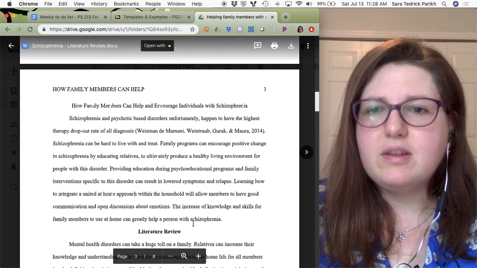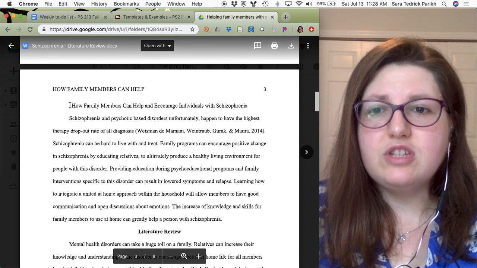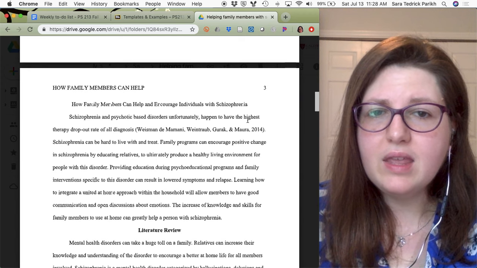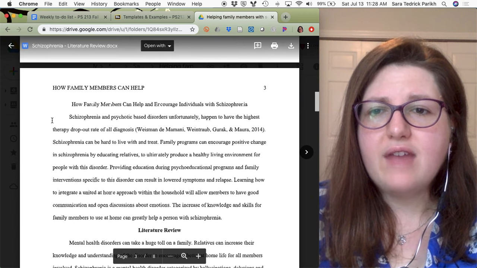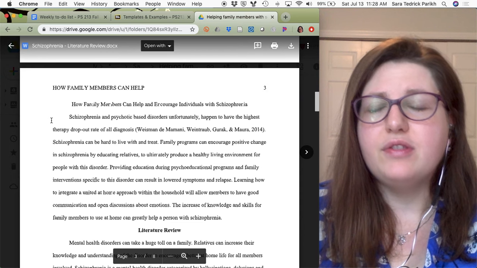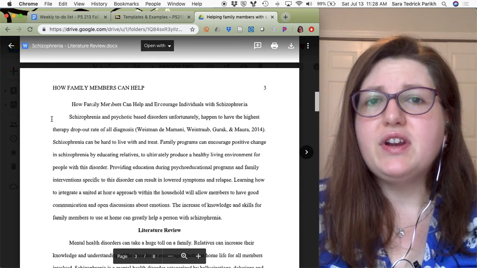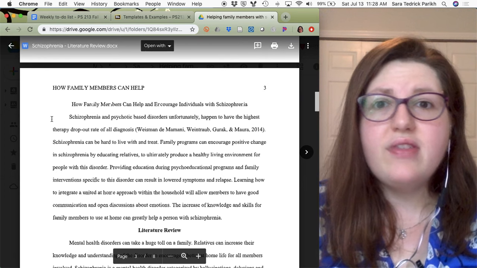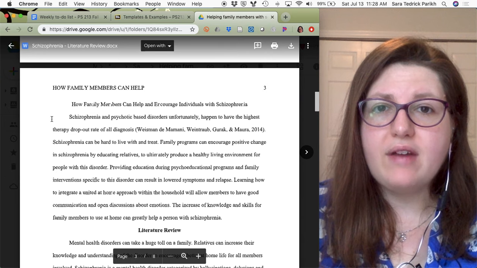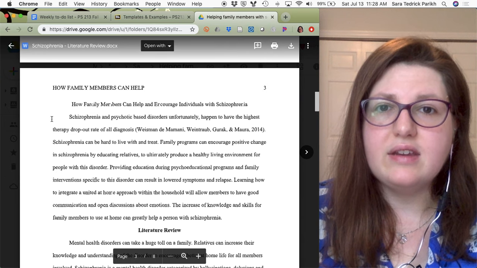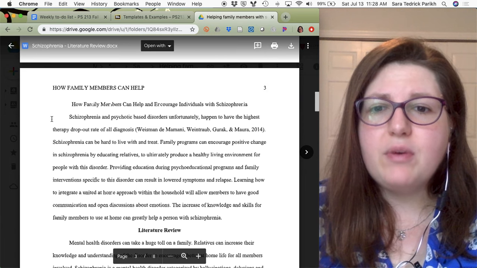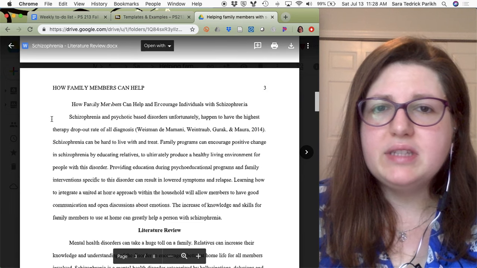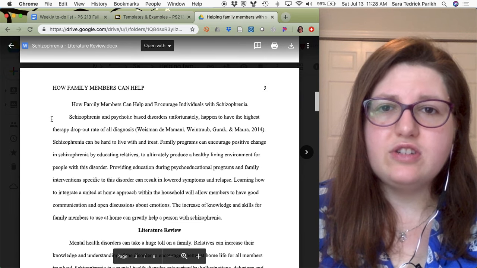Now we get to the main part of the paper. We start with the title. So this should be exactly the same title as you had at the beginning of your paper. And then we have the first paragraph here, what I call the roadmap paragraph. This is a very academic kind of paragraph. So if you're looking at your articles that you find, they probably won't have this sort of first paragraph. They'll probably dive right in at the next paragraph. And they won't typically have a heading that says literature review or introduction. But this is a more academic style, so if you read a thesis or dissertation, you're more likely to see